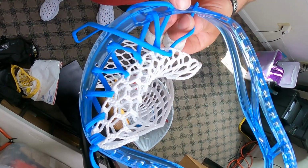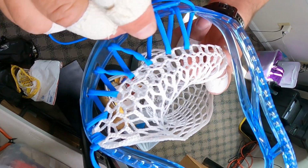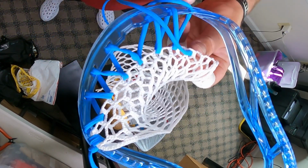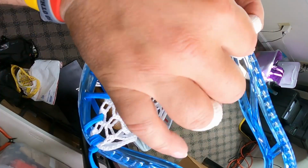Okay, so I'm getting near the end here. So back to front, I've got one more hole over here that you can see there. Go back to front to that, but because I've used all the holes in the scoop, I'm going to pull that through. Everything is not tight. And from here, I'm going inside out